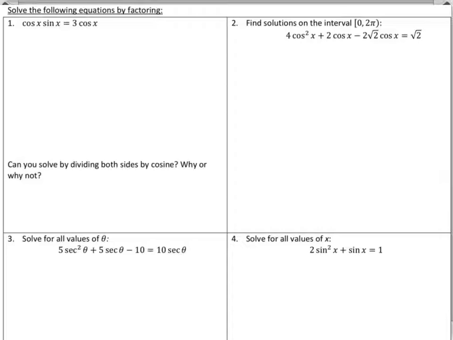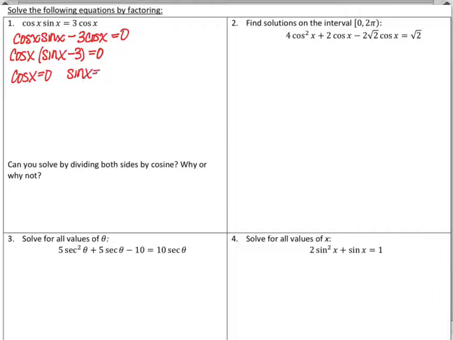Alright, going to run through these first equations on the 5.3 note sheet. The directions I gave are solved by factoring, and just pointing out a couple things, especially with this first one. I'm going to let my writing play and see how this goes. So first I'm going to move everything over to one side, and we'll talk about in a little bit why I'm not just going to divide out the cosine. But once everything's on one side, then I can factor out the cosine